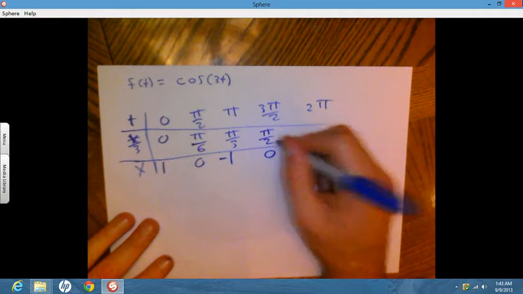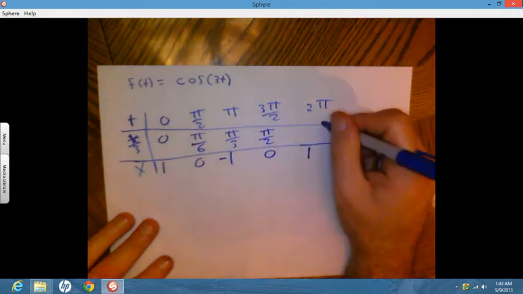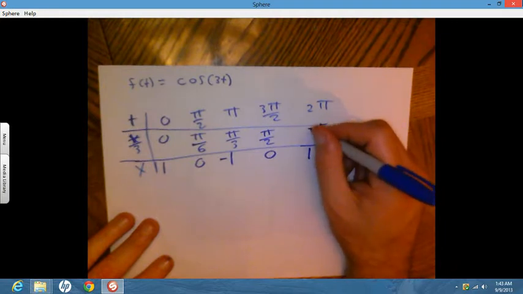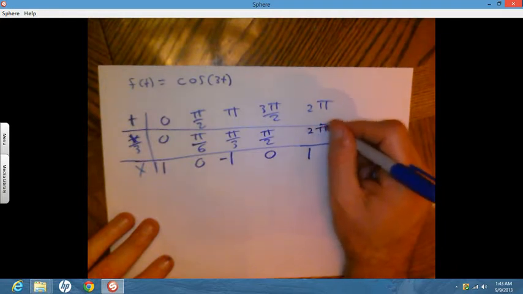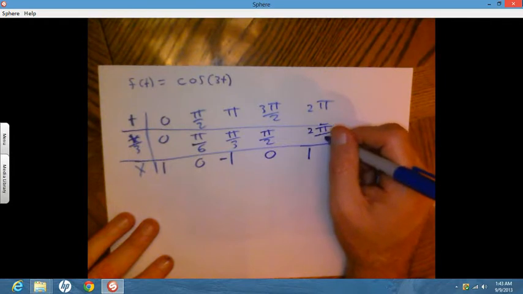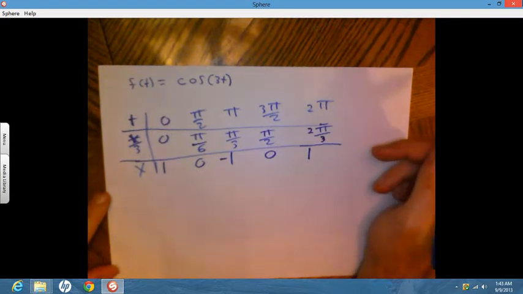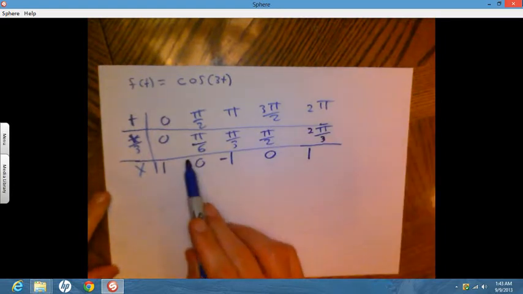Okay, so we've sped the graph up. It cycles through all its values now, not between 0 and 2 pi, but between 0 and 2 pi over 3. And to see that, before I graph it, if I look at, say, f of